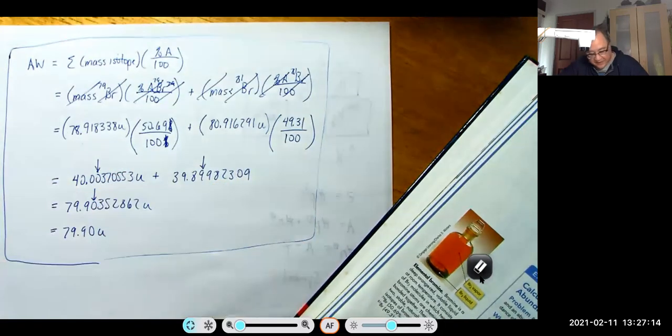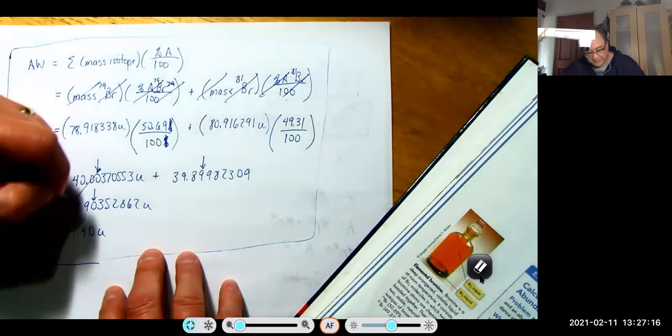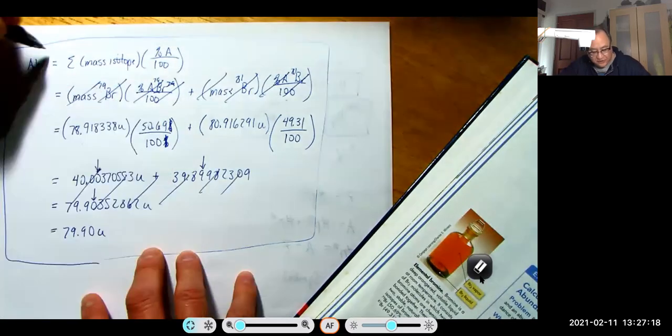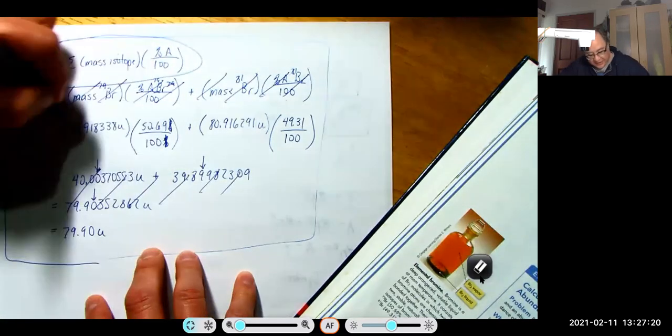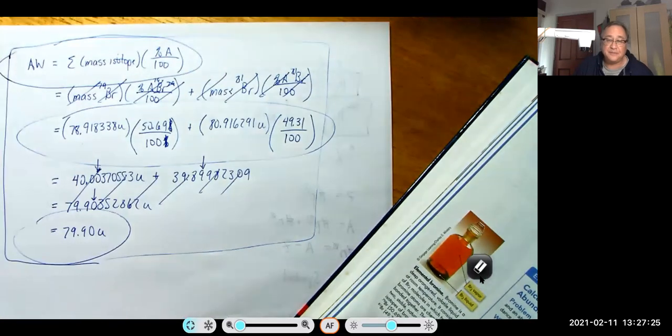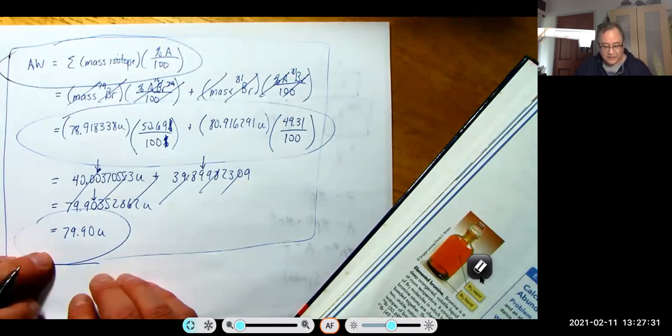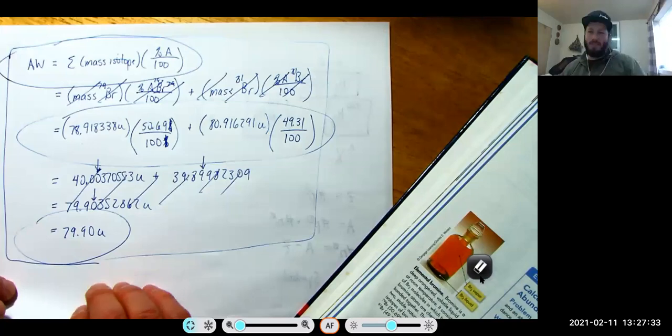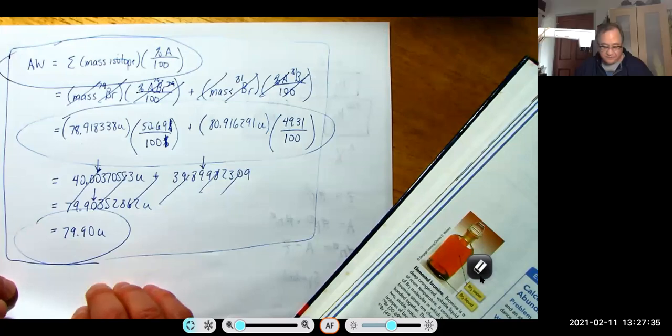I wouldn't even expect this part to be in there. I'd expect this, and the correct answer with the correct number of significant figures. But if you put the other stuff in there, that'd be fine too. Okay. So that's how you calculate. Well, I'm certainly not going to erase it. This is how you calculate the atomic weight